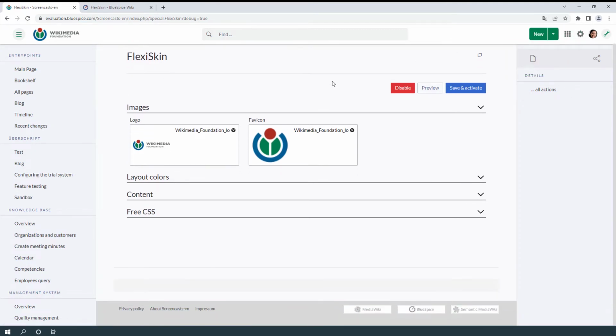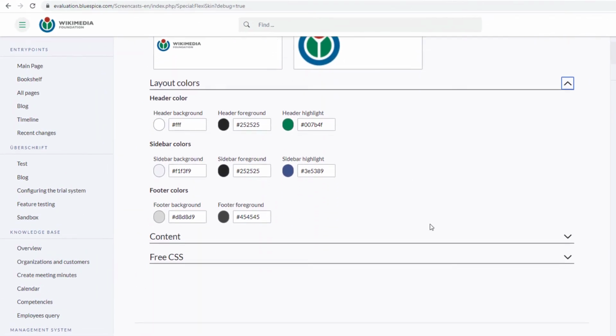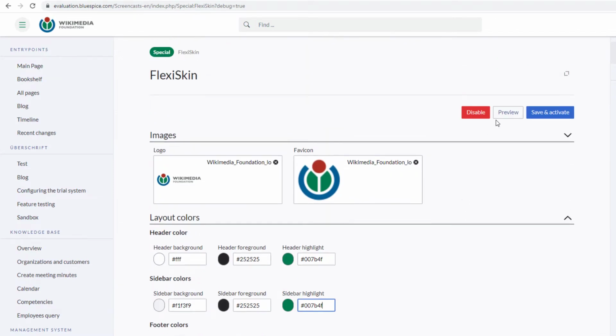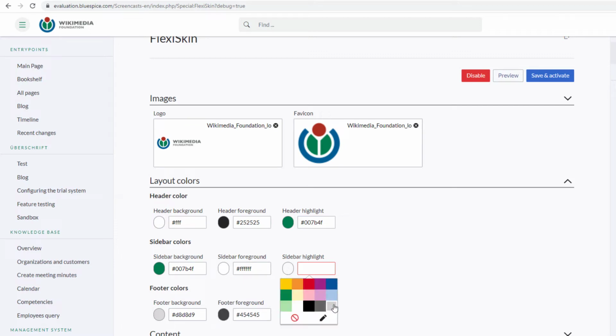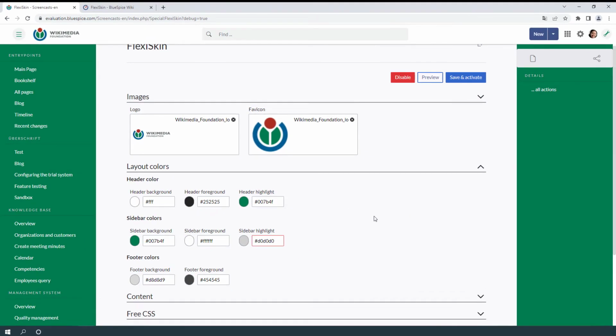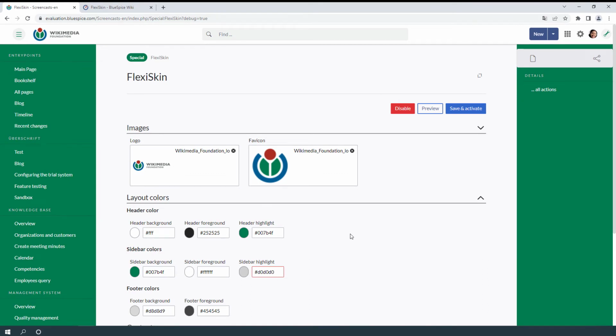The next thing I want to do is change my sidebar colors. So of course I want to stay consistent and I also apply the green color here. As you see, all it did was change the headings in the sidebars. Let's try to apply the green color to the actual sidebar background. So I take the green color again and add it as background color. And of course, since it's a dark green, I have to switch the text color now to white. And I make the headings a light gray. And let's preview that. And you see both the left and the right sidebar have a green background color.